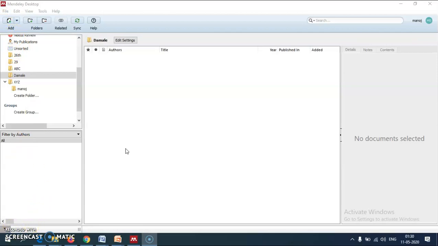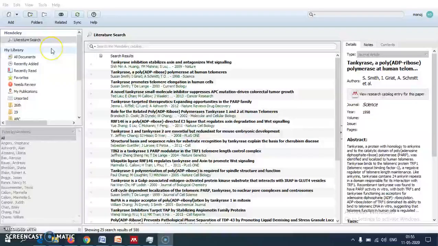We are learning how we can enter the reference information to this Mendeley Desktop. For that purpose, we have to search the literature information. We are discussing how we can add the literature information to Mendeley Desktop.